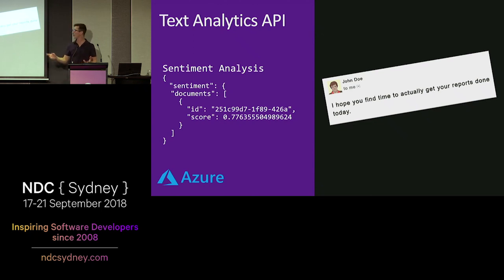Well, the way the scoring system works, 0 would be the meanest, angriest email you can imagine. 1, super happy. And 0.5 right in the middle, or 50%, that's just basically neutral. So it's neither happy, neither sad. It's kind of like saying the weather outside is 14 degrees. And here, we got a 0.776 or 77.6%. So my boss wasn't mad at me. This is actually an encouraging email.